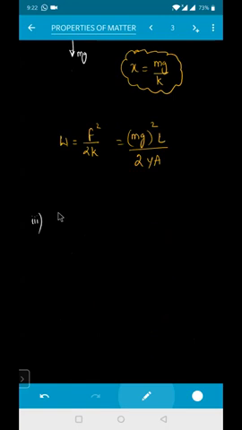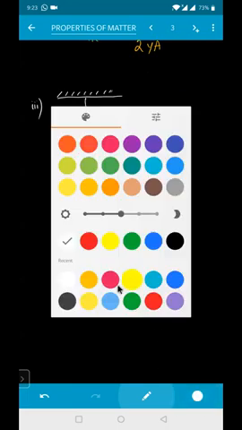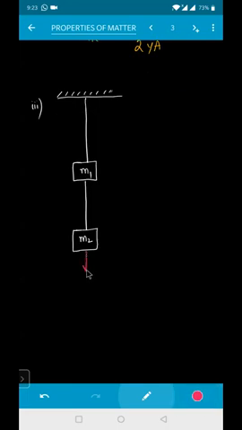Now this one is also very important. Say for example, this is your ceiling. Now we are having two wires. This is the first wire. So on this one, weight of the body M1 has been attached. And here there is another body, and here M2 has been attached. Now write the forces acting on the body. First I'll write the weights of the body, beta. This one is M2 into G. And the weight of this body here is M1 into G.